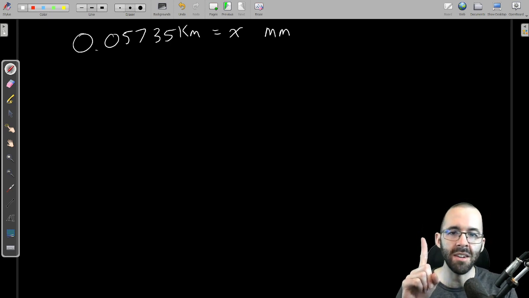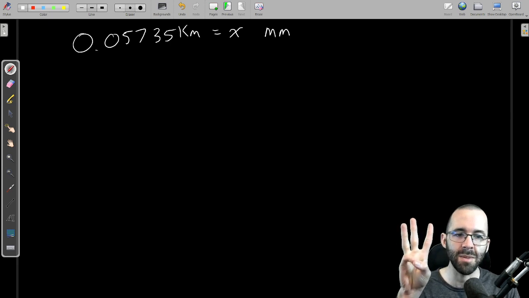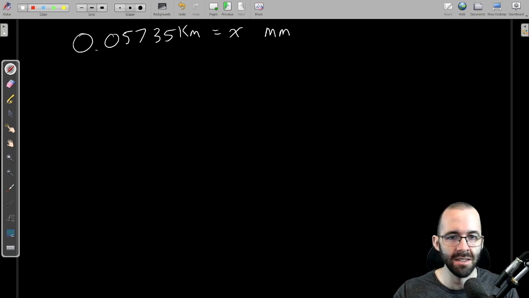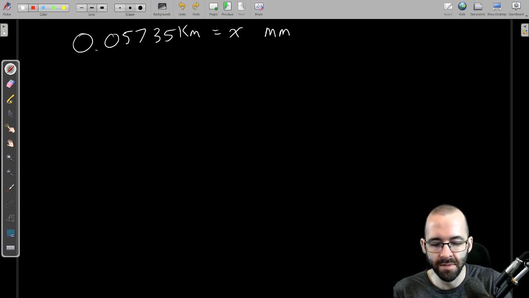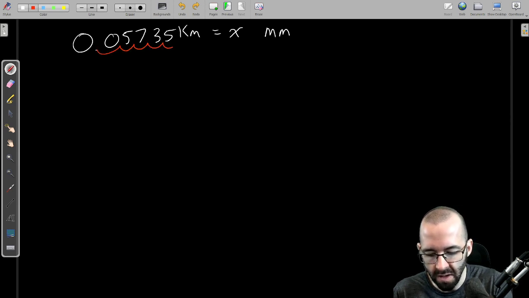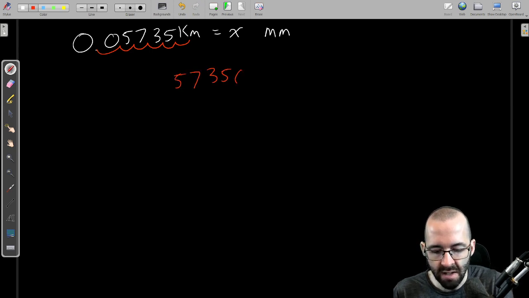Okay, so kilometers to meters, you're going to have to move the decimal place 3 times. Meters to millimeters, 3 more times. It's 1,000 in each. You can do this in a lot of different ways. But we can also use the logic from the last two to just say, let's move this decimal place 6 times. Which direction? Well, we need millimeters. Should be going to the right. 1, 2, 3, 4, 5, 6. So it should be 57350